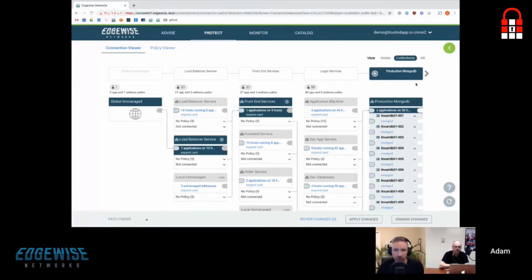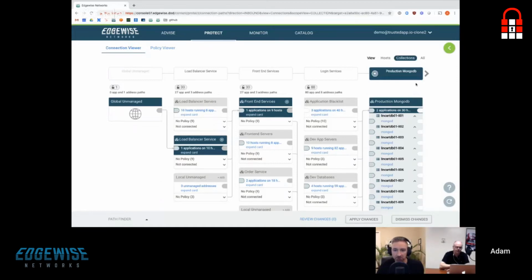Now, what's really interesting about this is that this was all auto-discovered. This was all automatically created. You didn't have to come in here and define anything. The machine learning was able to define these groupings, and then, through the automatic nature of how we're watching communications on the network, we were able to display all of this for you and show you how those services make the login functionality of the e-commerce site work.